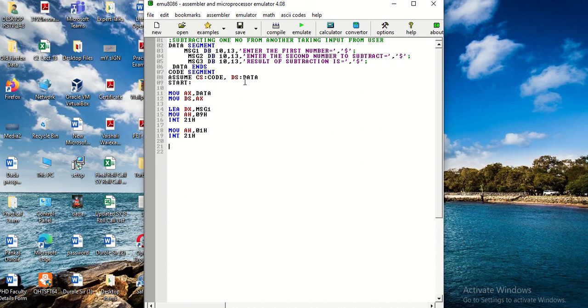That decimal number, for processing purposes inside the emulator or the assembler, we need to convert into hexadecimal, because the operations are going to happen in hexadecimal, and for that purpose we are using the instruction sub al comma 30h, which is going to convert the number from decimal to hexadecimal.